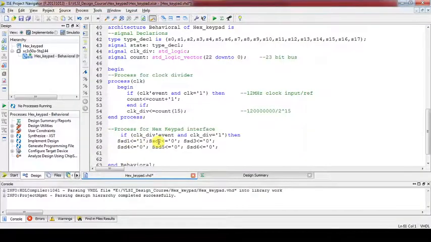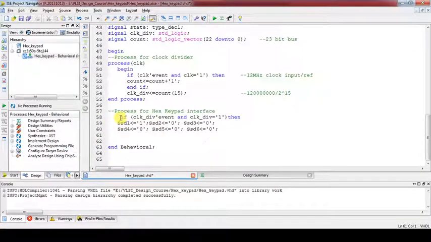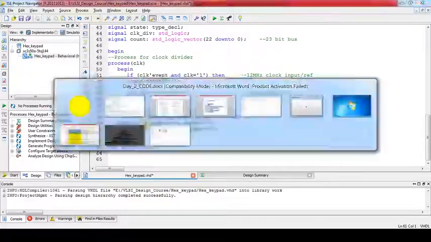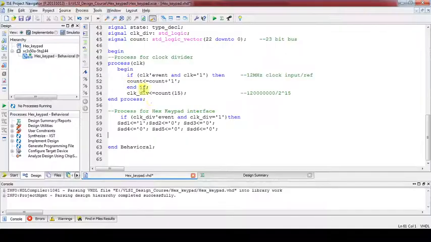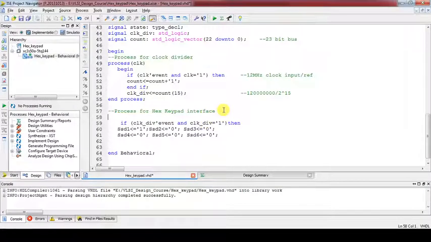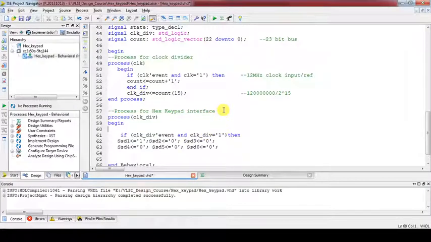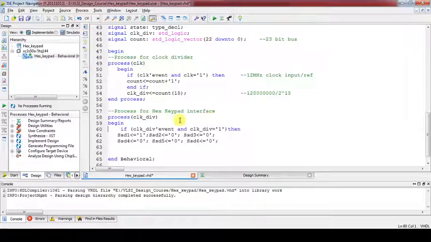So paste it here. Now here the first statement came. Sorry, for that it will start with the process, again a new process. So this process depends on this divided clock. Please remember this process we are writing on this divided clock. Now if clock_divide'event and clock_divide, so you will detect on